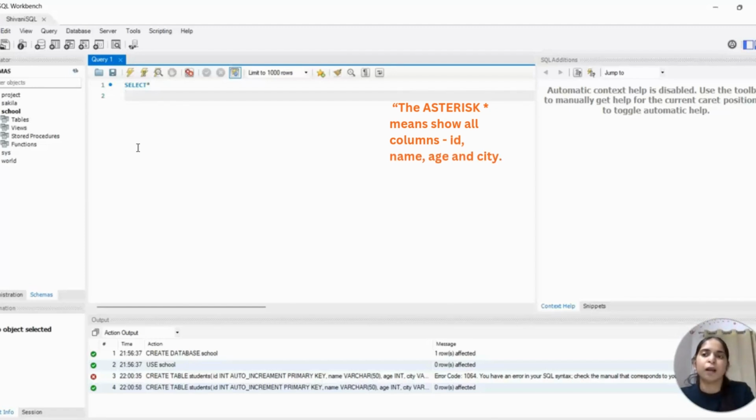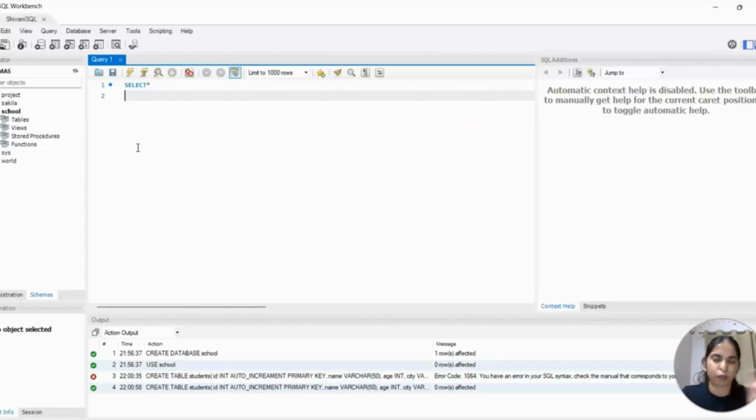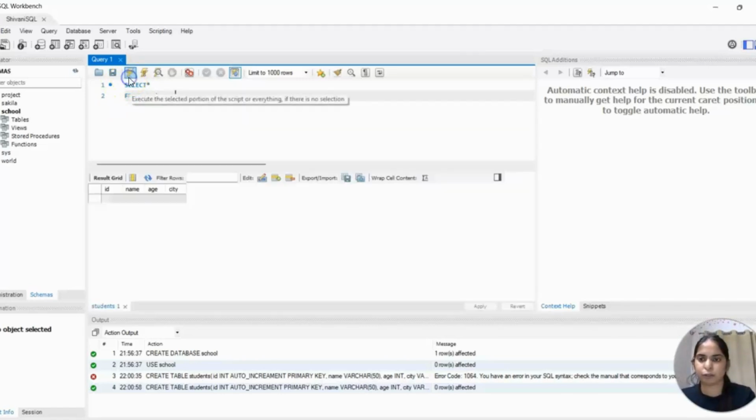Because when we need to select all the data, all the columns and rows, we use this asterisk instead of writing each column's name. And then from where we are going to select everything, from students, right? And then semicolon, we are going to run this.